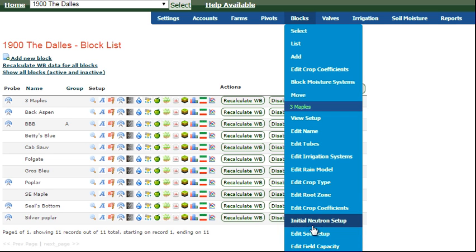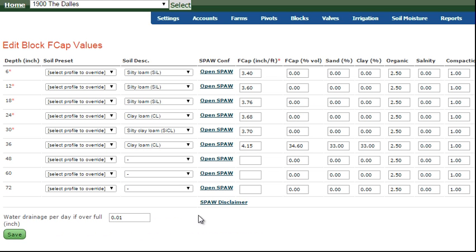And regardless of which one of these you use, if you later have to tweak it, you would simply go back to the field capacity settings and tweak those numbers. So let's look at how we would edit the soil setup after we've done it initially. And this is the same menu that would come up when you were setting up a block for the first time. So if I click on this, it opens the sheet